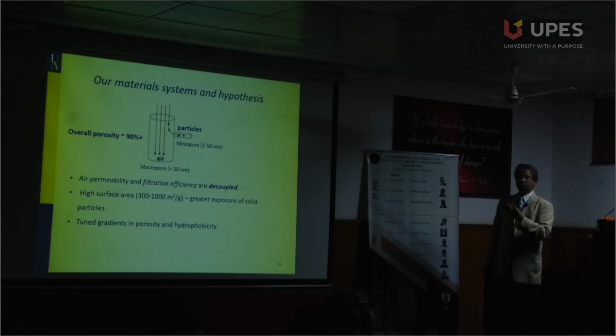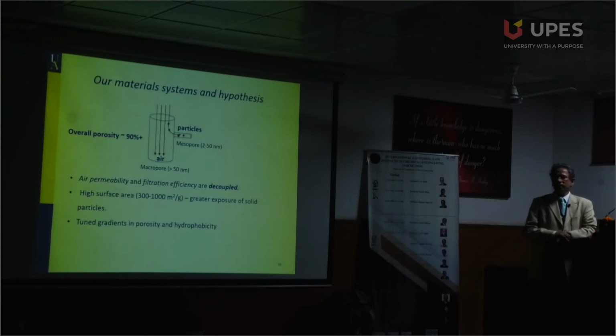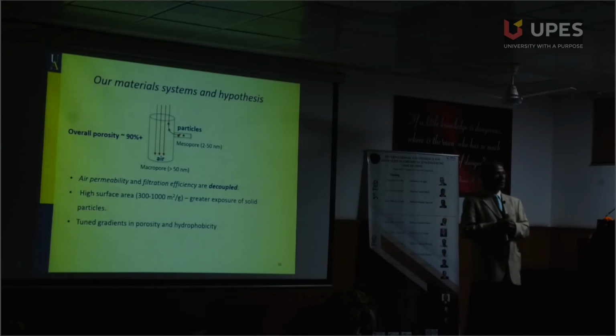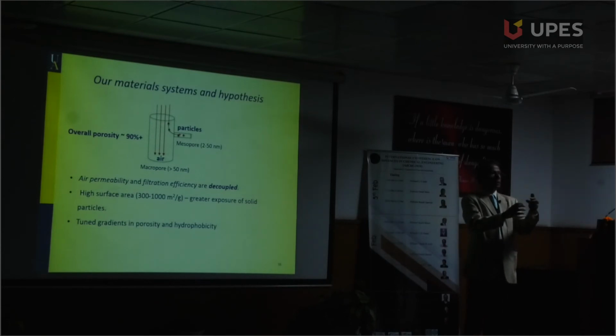Now I want you to know why we think these aerogel materials are good for filtering out airborne nanoparticles. We all studied in physical chemistry a number called the Knudsen number. Gas molecules collide with each other and then travel a distance before the next collision. That's the free path, so there is a mean free path. For air, a nitrogen and oxygen mixture at room temperature and atmospheric pressure, it's about 70 nanometers. So if you have a pore which is 50 nanometers and it's filled with air molecules, well, nitrogen and oxygen